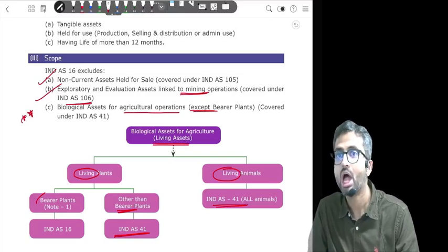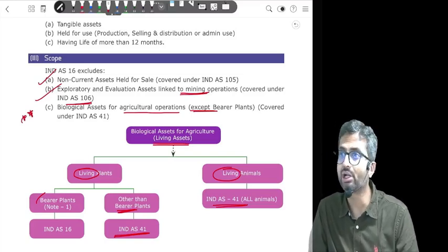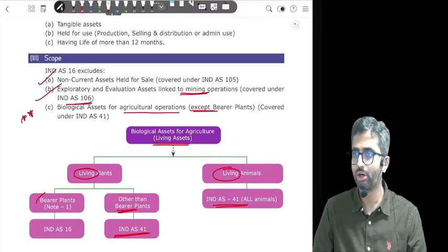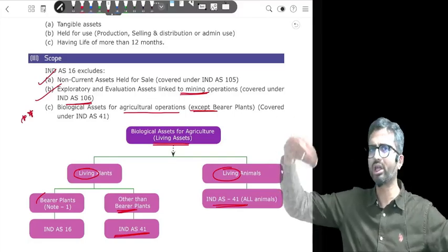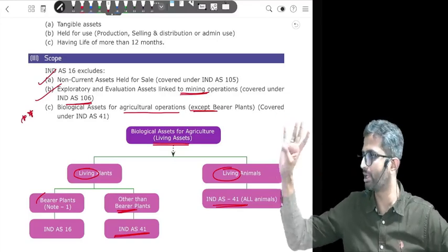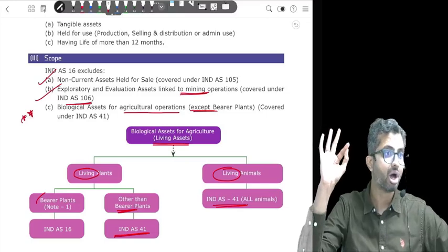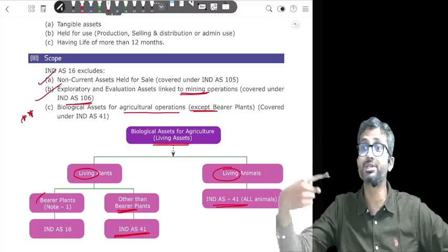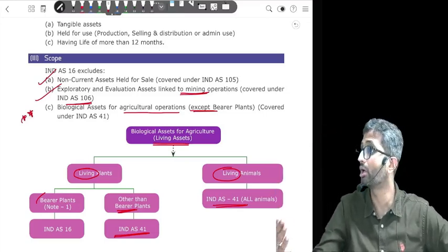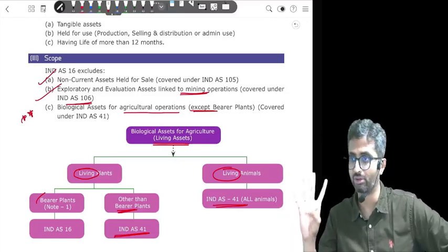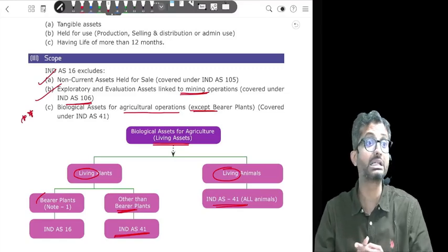Now, when I look at initial recognition, it happens at what value? So, okay, just what are we going to cover under PP? 4 main areas. You will have initial recognition that happens at cost. Second, subsequent expenditure. How do you record? Subsequent valuation in the balance sheet, and what do you do with depreciation? 4 areas. Okay, first is initial recognition.